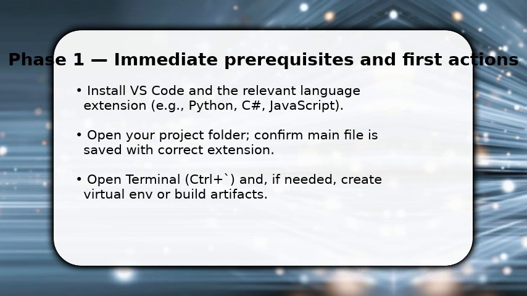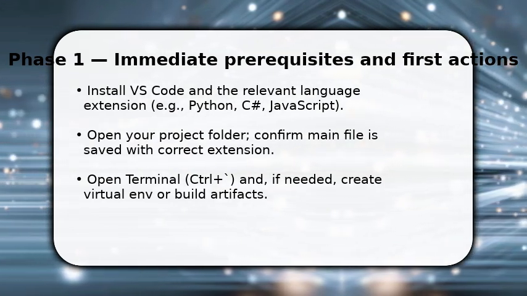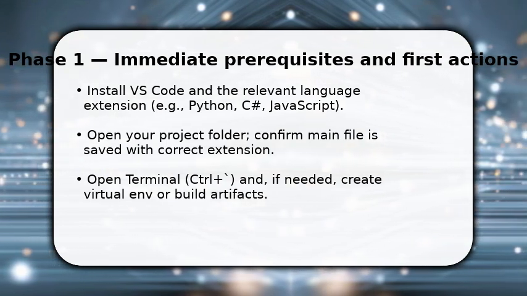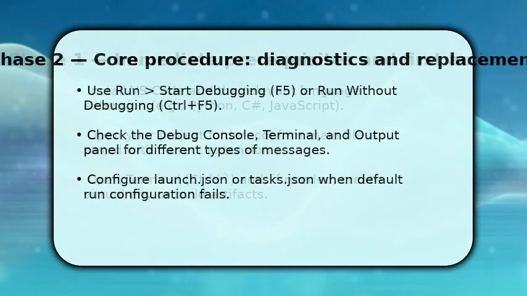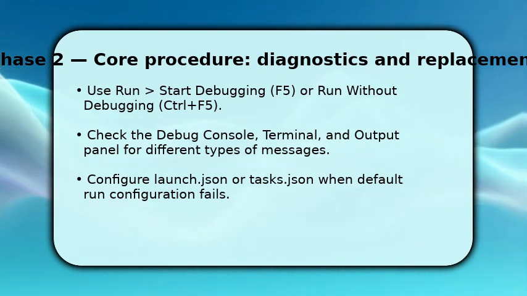Once done, open the integrated terminal with Ctrl+` and, if required, create or activate a virtual environment or compile artifacts so the runtime can produce output. You now run the program using Run > Start Debugging (F5) for breakpoints or Run Without Debugging (Ctrl+F5) for straight